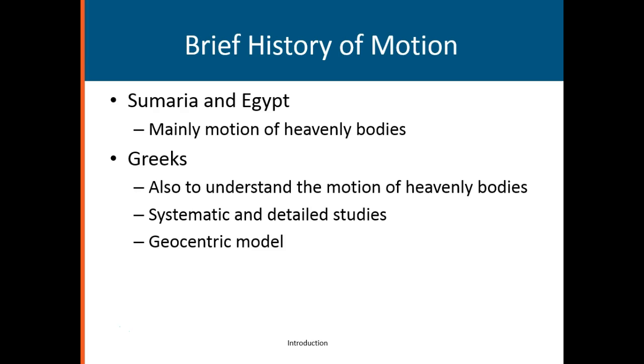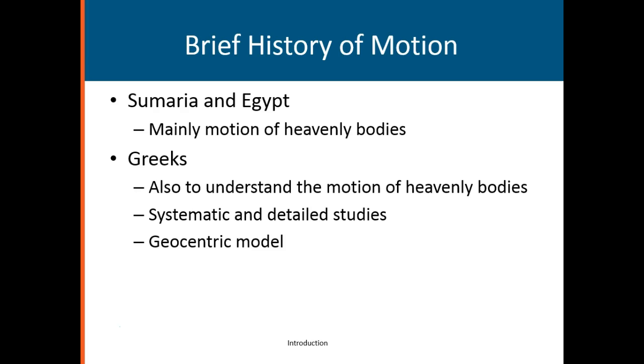Now, when they were dealing with motion, they were dealing mainly with the motion of the heavenly bodies. These were the early astronomers, okay? And they dealt with that. Later, the Greeks came along. This was a fair amount later, too. It was still BC. Also, they began to use motion to understand. They also sought to understand the motion of heavenly bodies in